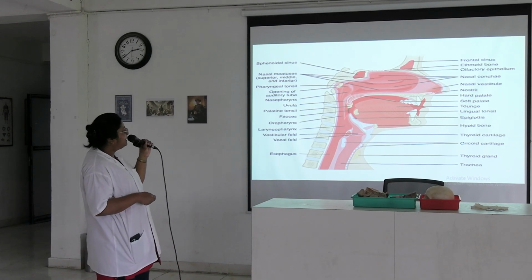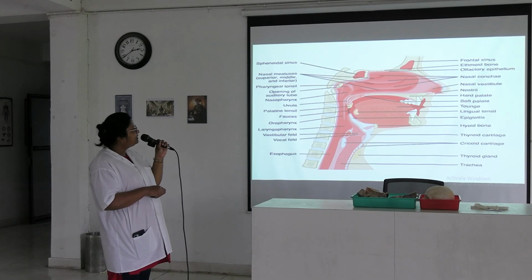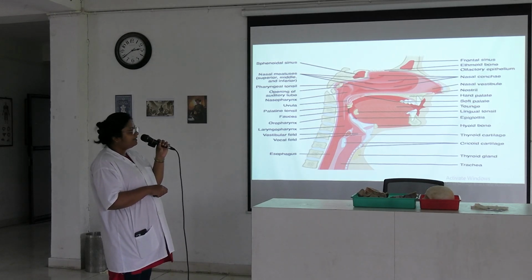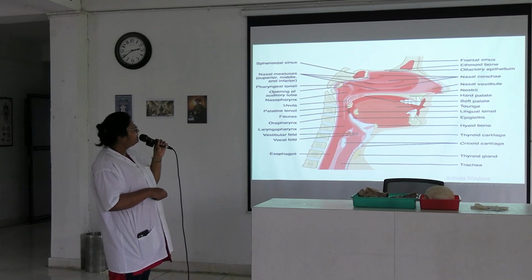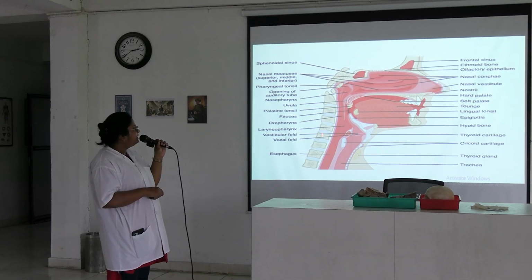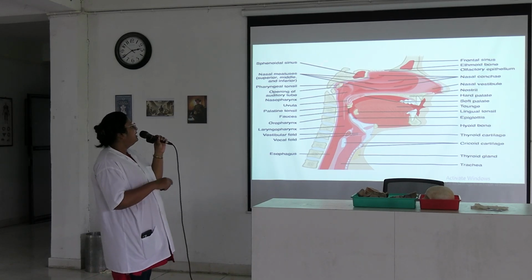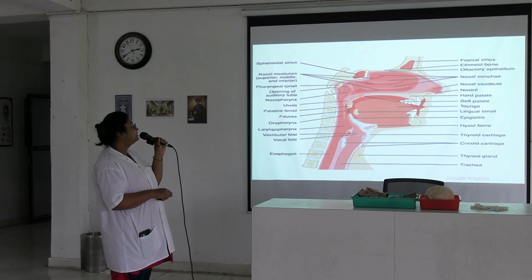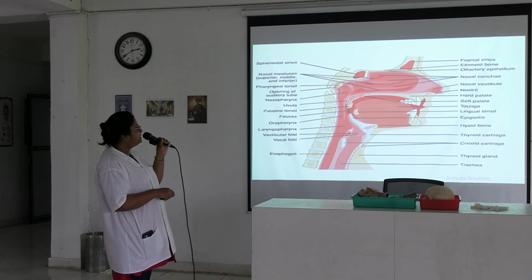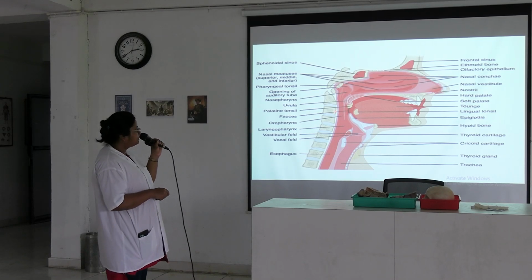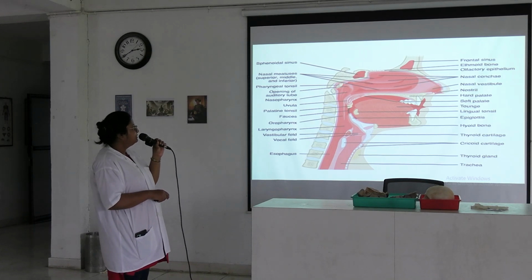Next, we are going to the larynx and laryngopharynx. This part is the laryngopharynx, posterior to the laryngeal inlet. This is the laryngeal inlet, and it is bounded on each side by the aryepiglottic folds, which contain the arytenoid, corniculate and cuneiform laryngeal cartilages. Anteriorly it is bounded by the epiglottis, on the two sides by the aryepiglottic folds, and posteriorly by the arytenoid cartilages. Through this opening you enter into the larynx.